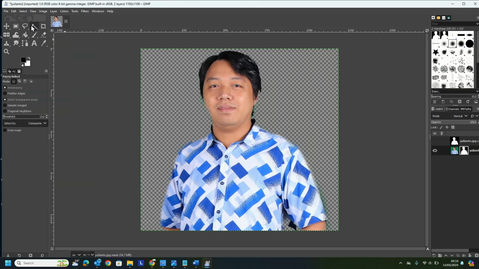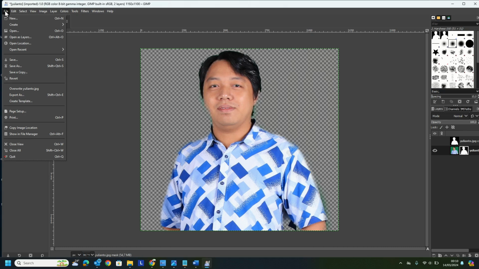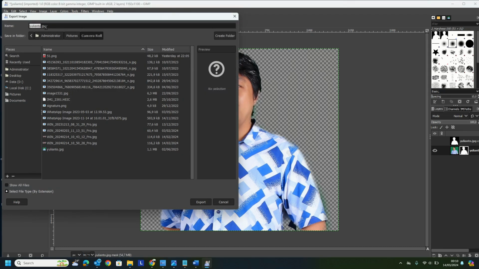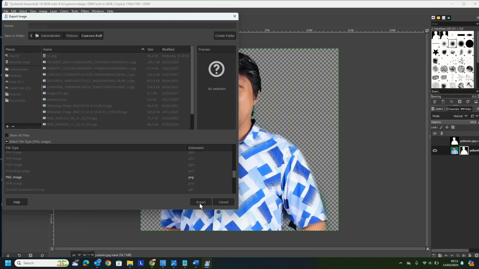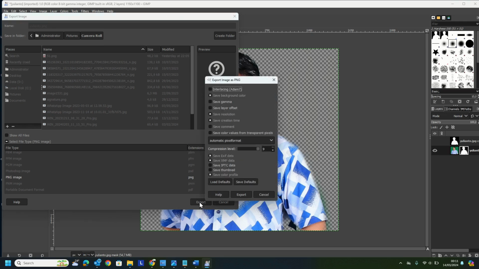So let's select none. Okay, let's export the image. Export As. Make sure your image is in PNG format. Select PNG. Okay, this one. Then click Export.